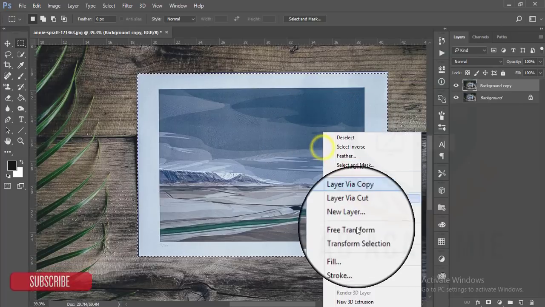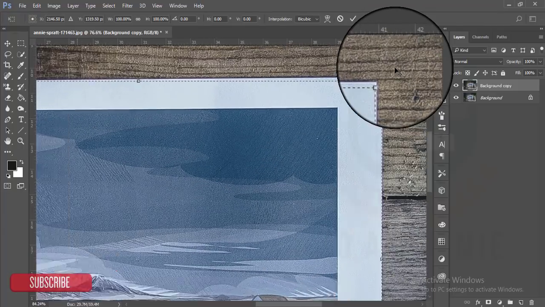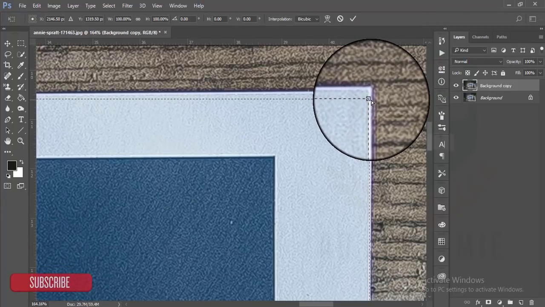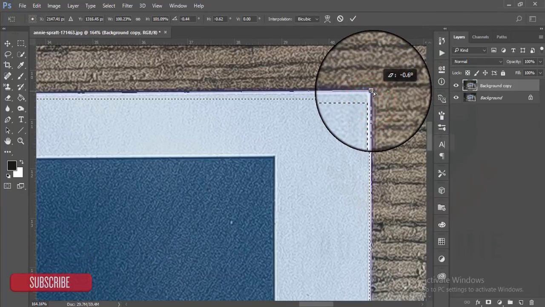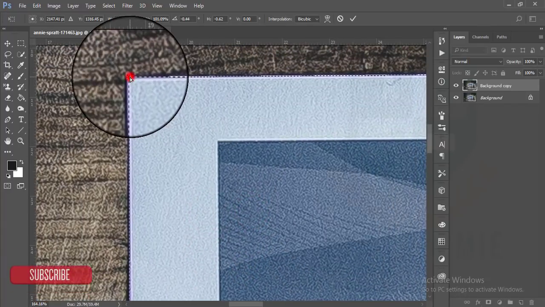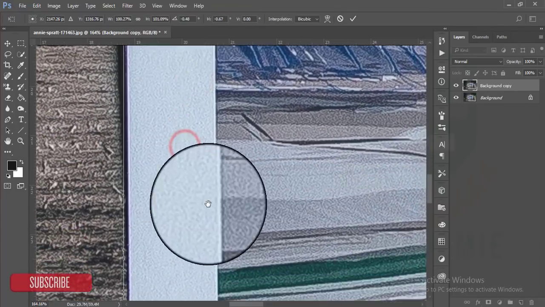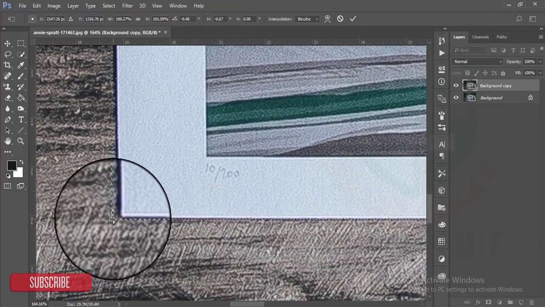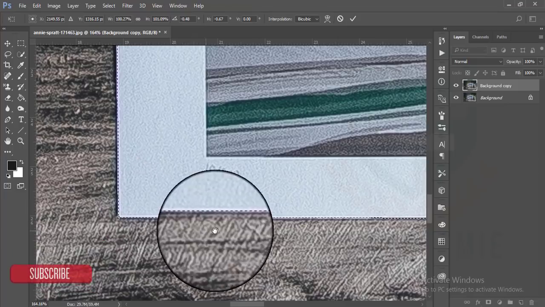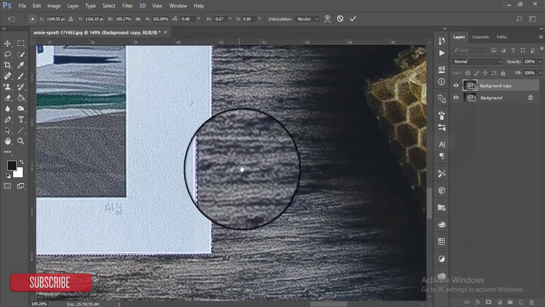Go to the right, press Transform Selection, and be careful, you have to get all the corners. Suppose this corner, and after that this corner,